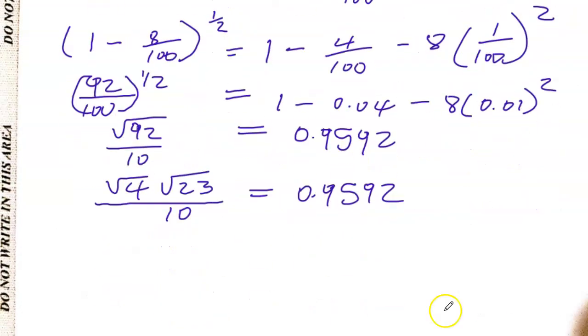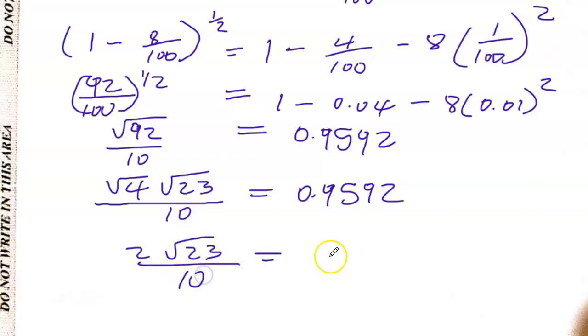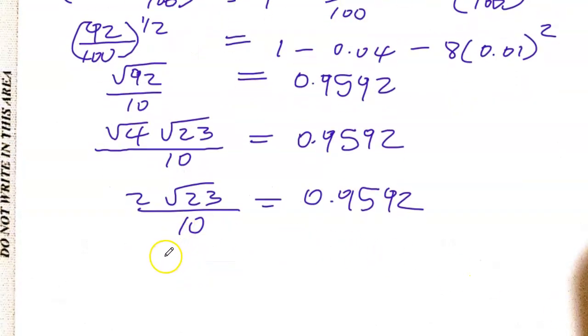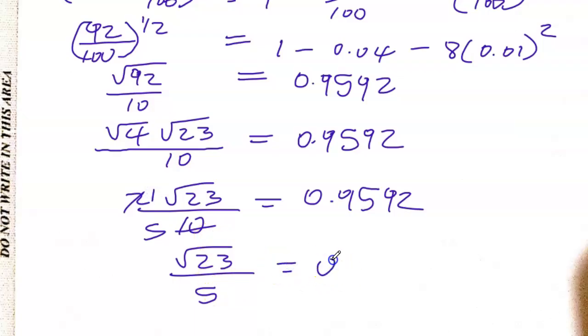And then root 4 is 2, so this is 2 root 23 over 10. We have 0.9592 here, and 2 into 10, that's 5, so this is root 23 over 5,